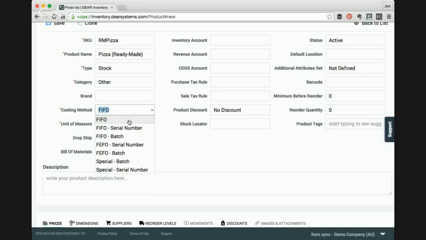Then here we've got serial number and batch numbers. Batch number and serial number is pretty much the same in this system. The difference is the same in the system, except it depends on whether it averages out the costs. Okay, so here FIFO